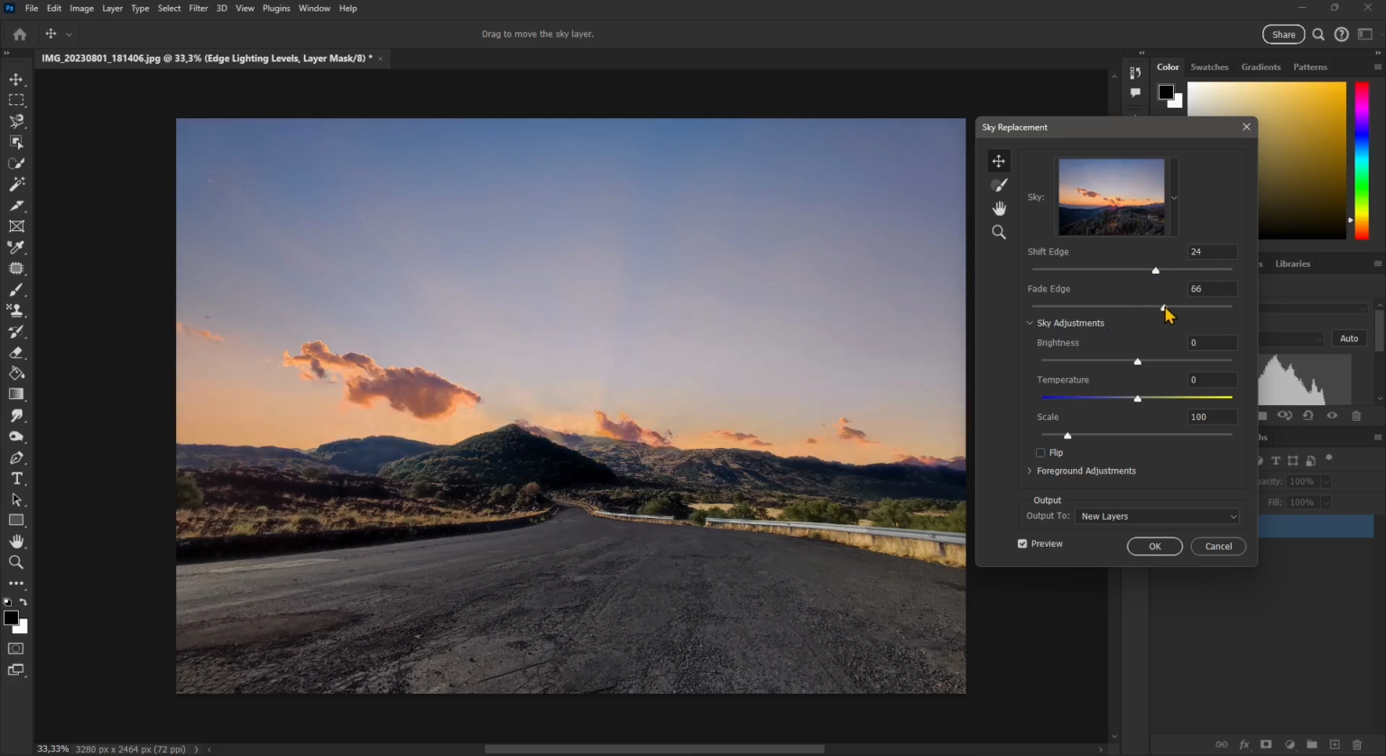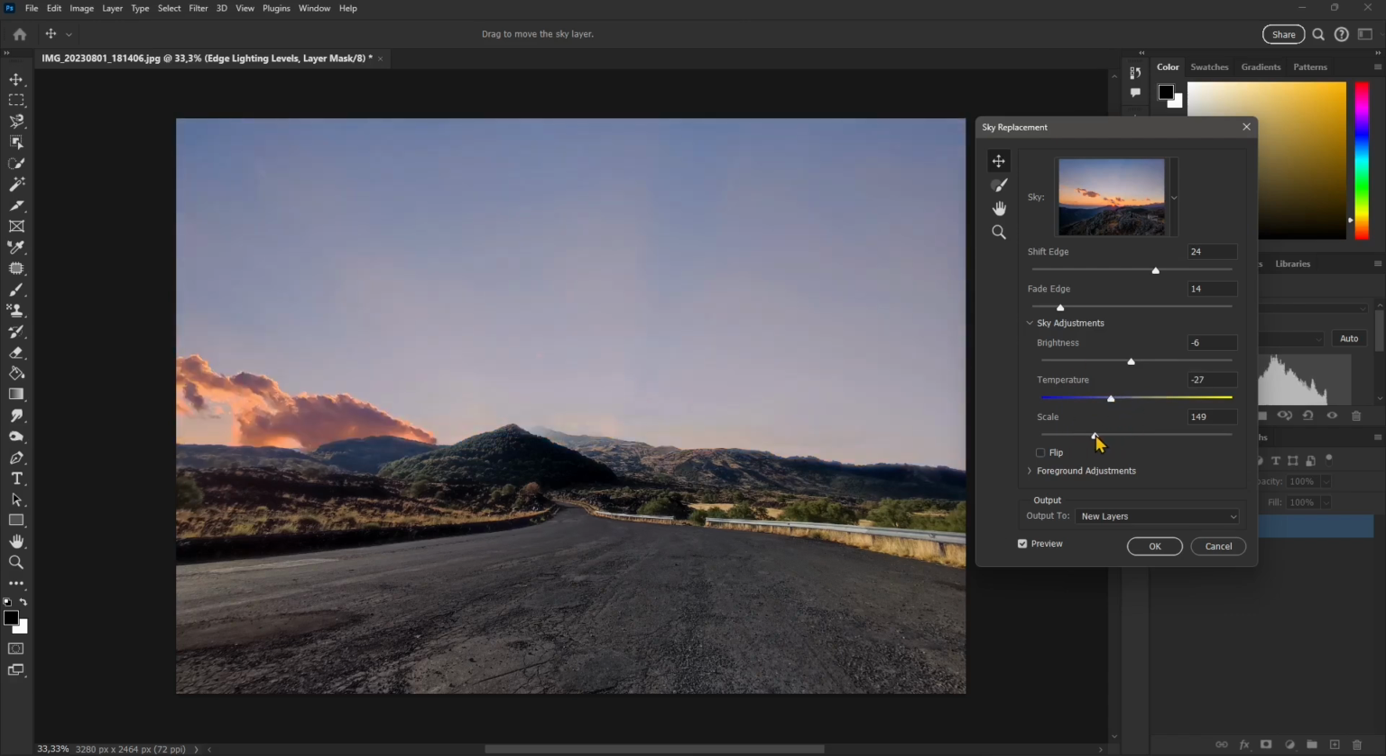And also you can increase the fading of the edge or the crease. And then you can also change the brightness, the temperature. And again, this is going to affect the whole image and also the scale of the image, because again, sometimes it could be too big or too small. You can also flip it,